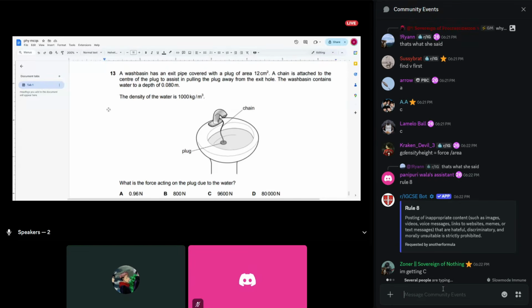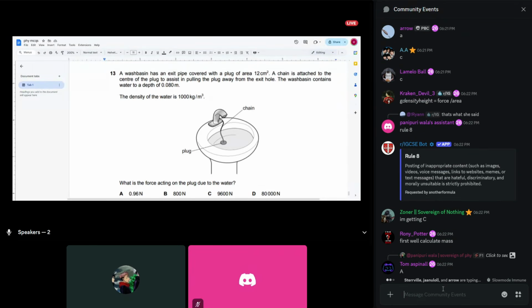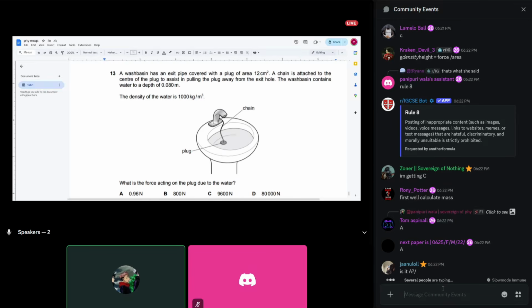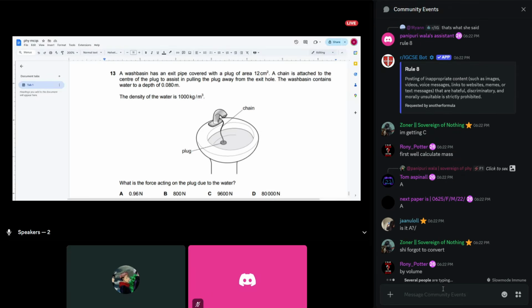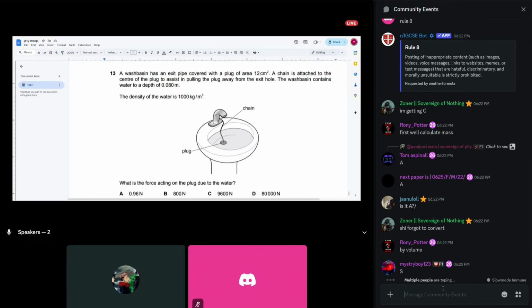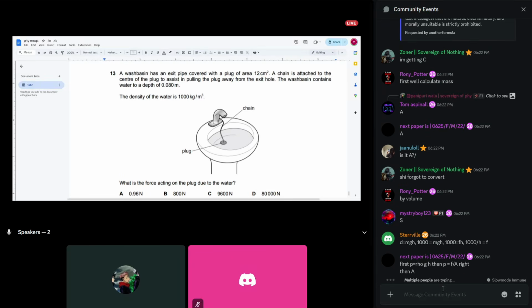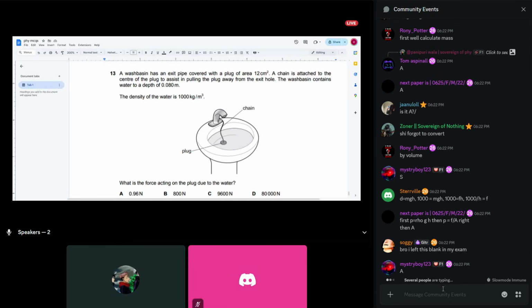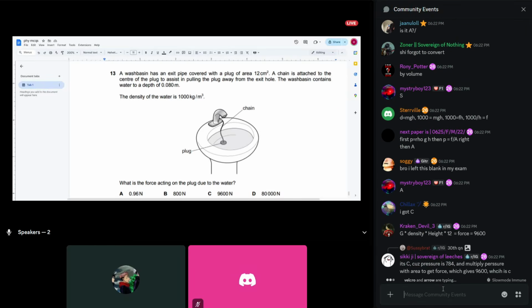You're getting C? It's 74 multiplied by the area, which is